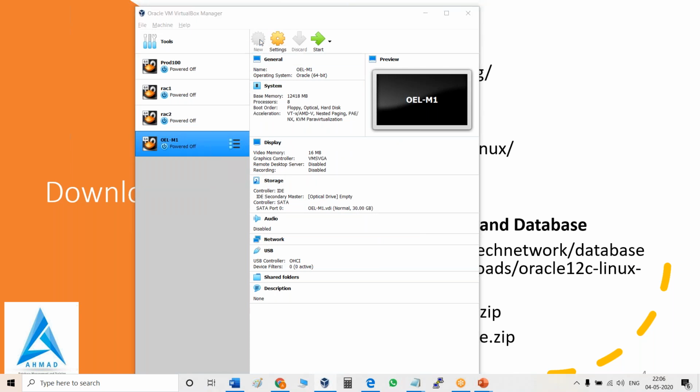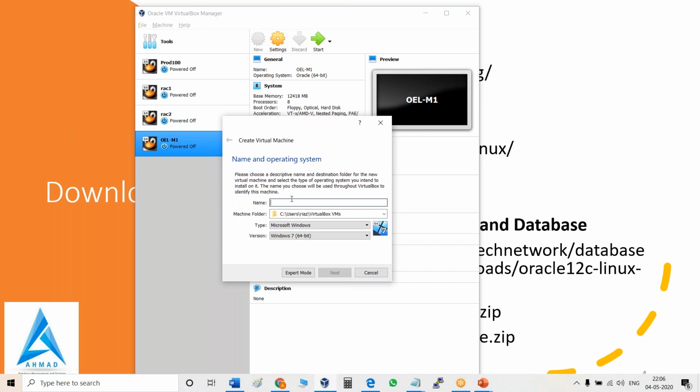When I say new, it asks for the name: Oracle Enterprise Linux machine 2, type is Linux, and version is Oracle 64-bit.